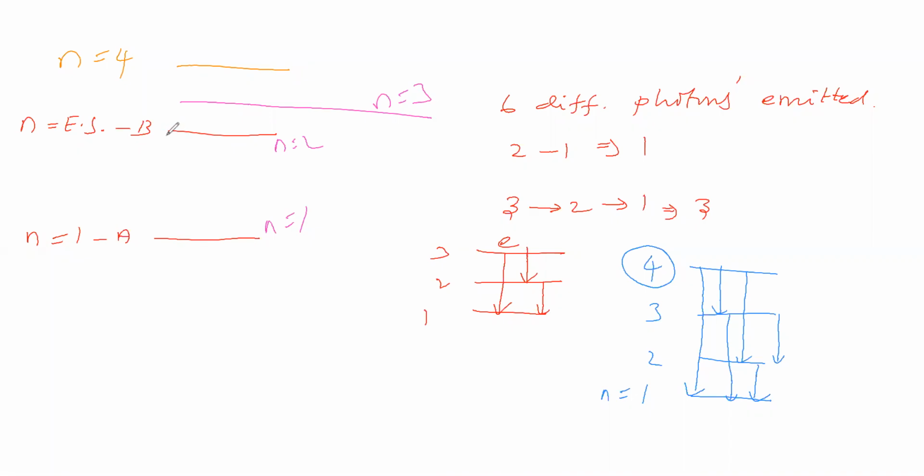Next we have to find the ionization energy, sir. How to find the ionization energy, we'll see. Now this is how much? It is 2.7 electron volt, we know. So we will take this one. It is the fourth level and the second level. So fourth level energy minus second level energy is equal to 2.7 electron volt.